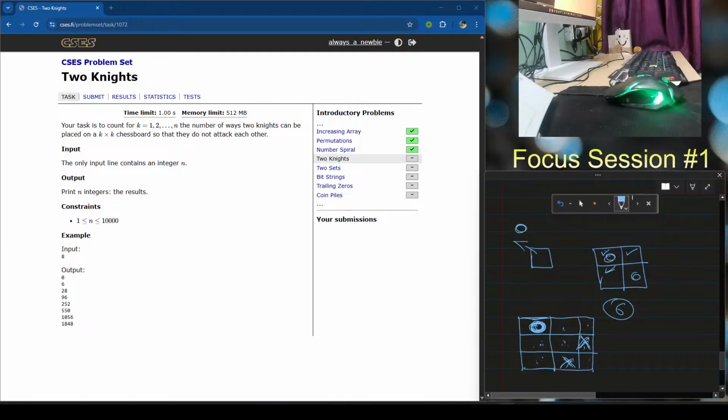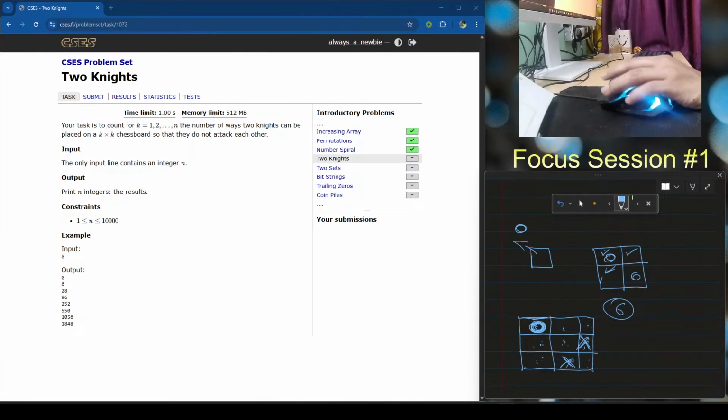Okay, let me just think again if I'm making any mistake. Let's leave this and come back. Okay, so I'm trying to find which one is right. Total ways can be